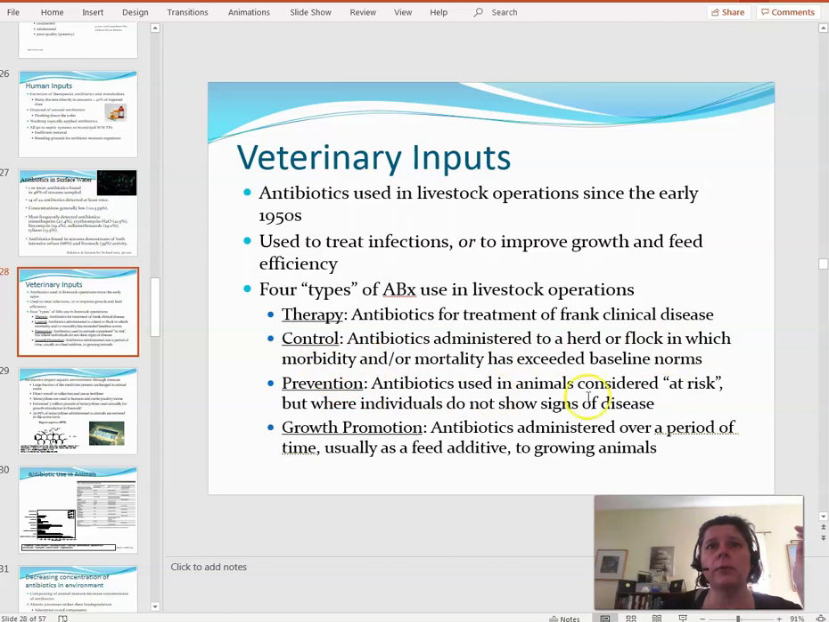We can also use them for prevention, so that if you've got high-risk animals, you just give it to them. They show no sign of disease, but they're at risk, so we're just going to give it to them. But the main thing that they use them for is growth promotion. So they're putting it into animals in order for them to grow bigger, because now they don't have to fight the infection. And since their body's not fighting an infection,